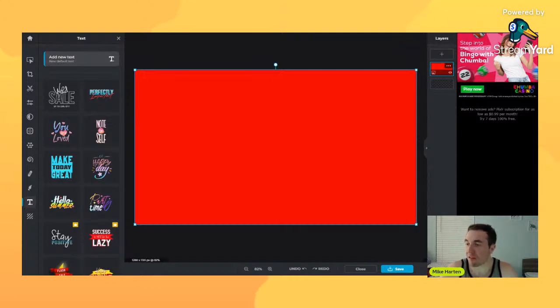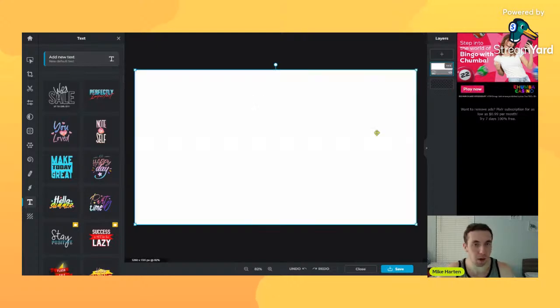And simple, and I think this is the strong suit of Pixlr, that it is very easy to use and very straightforward. It's hard to get confused here, but because of that, it doesn't have a lot of options. Like, for example, if you go to add new text, before